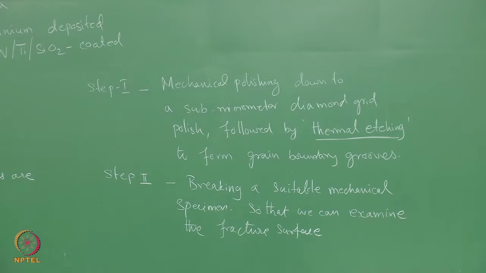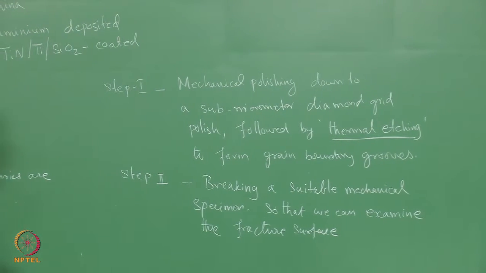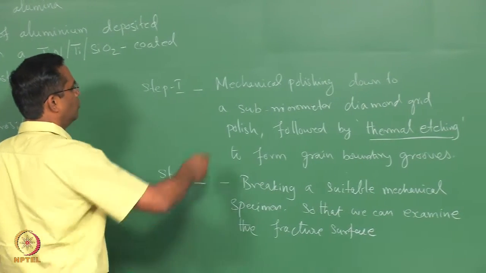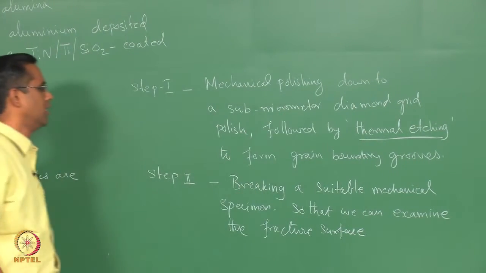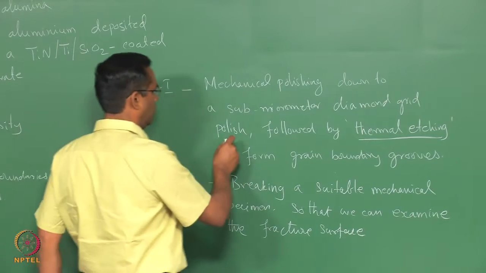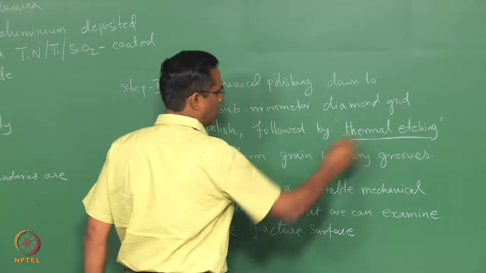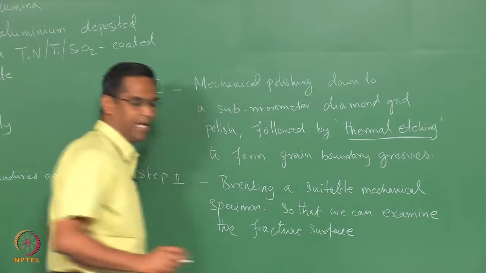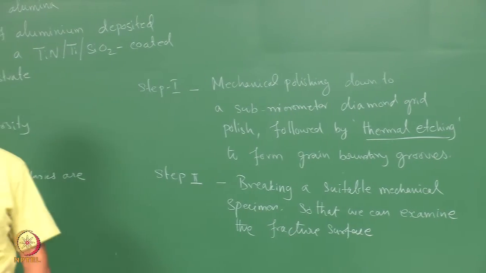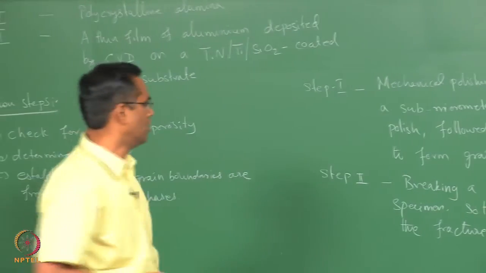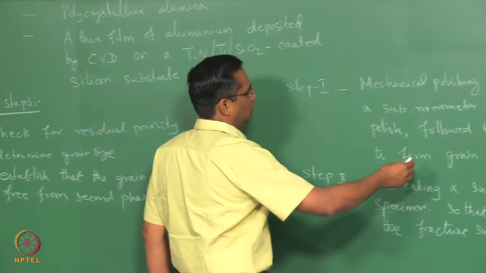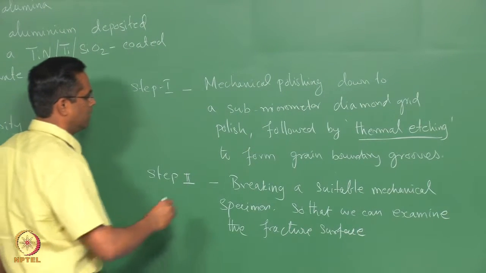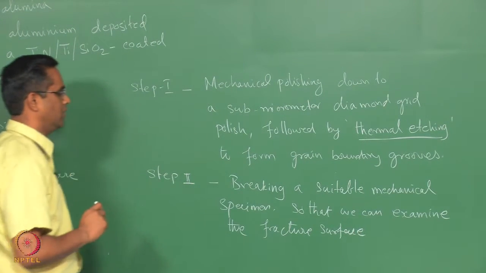We can prepare the samples by two methods. Either you follow step 1, where you do the mechanical polishing down to a submicrometer diamond grit polish, followed by thermal etching to form grain boundary grooves. Normally any etching activity will produce grain boundary grooves on a polished surface. So, in this case you do a thermal etching and then you have the polished surface ready for the examination,